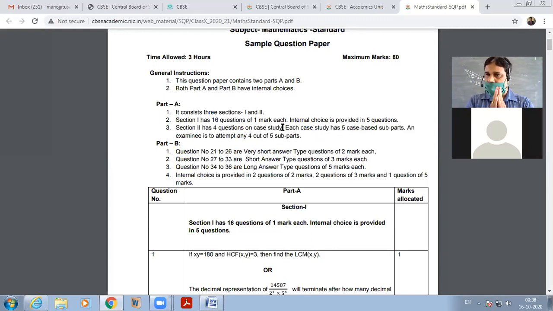So your target is the remaining 64 marks, how quickly you can finish them, so that you will get ample time to solve these case studies. Case studies will not be difficult. Definitely you will secure 16 out of 16, but the thing is that you need time. And to get that time you have to manage these 64 marks. Understood my point? Yes, sir.